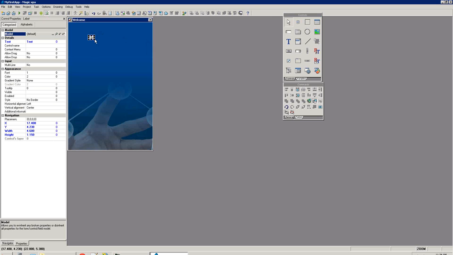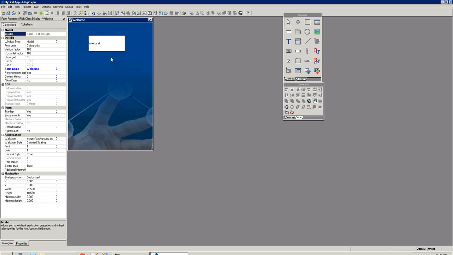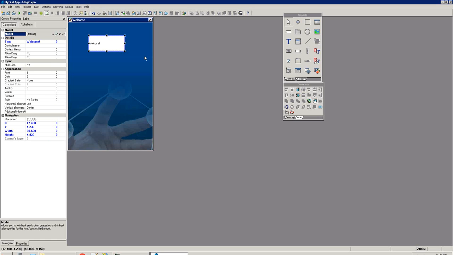As I mentioned before, we're simply just going to have a welcome banner. Okay, I'll go ahead and say welcome. And then I can perform a couple of quick commands on the control. I have my center to screen, so I can center my object to the center of the form. I also have the vertical center, but for now I want it to be at the top since it's a banner. I can also go into the properties pane, which is on the left here,